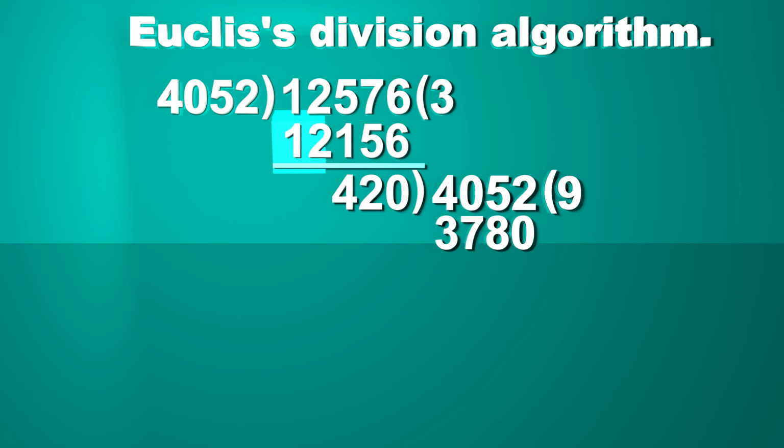So HCF was 75, one number was 525 and the other was 3000 and LCM was unknown. 75 can be shifted to the other side and now it takes division form. 525 is divisible by 75 seven times and 7 into 3000 is 21,000. So the LCM is 21,000. Now let's see whether the HCF 75 is dividing LCM 21,000 or not. But what is the necessity of doing it? We will understand it soon. But let's see what is happening first. You can see HCF is dividing LCM completely.